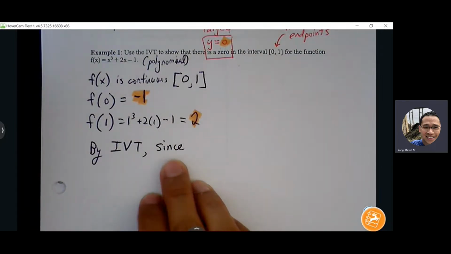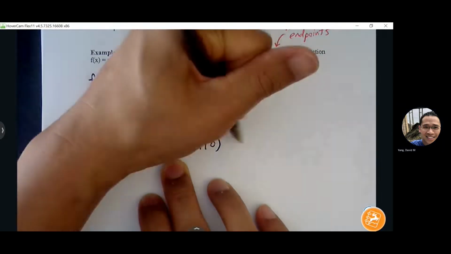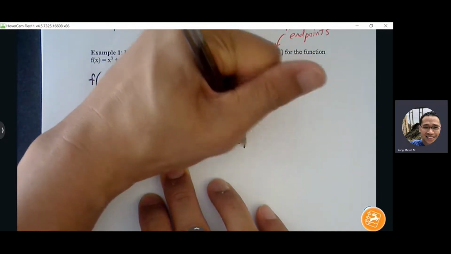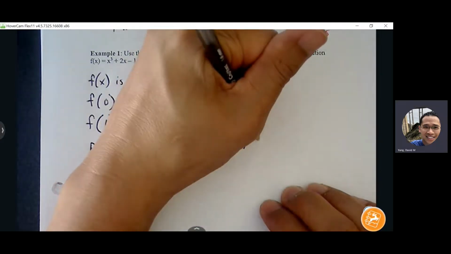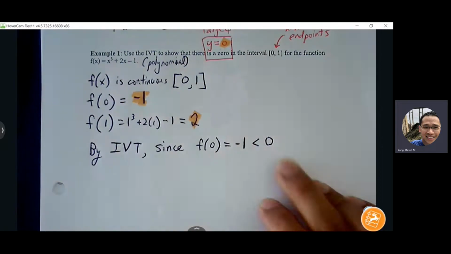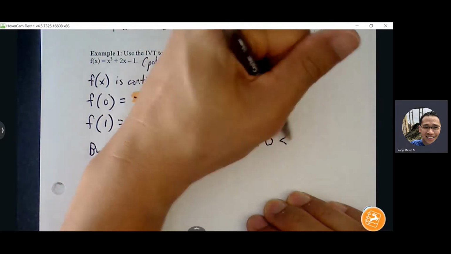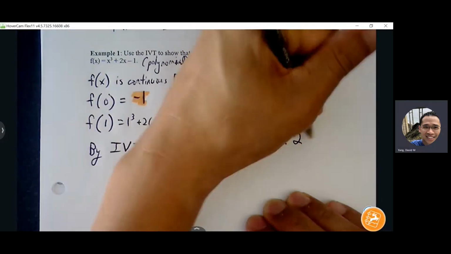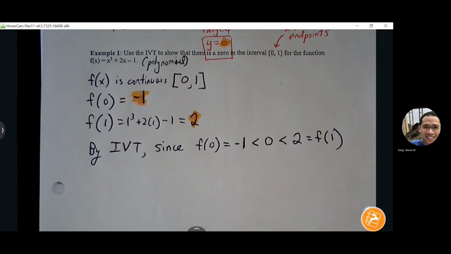So I'll write it this way. Since f of 0 is equal to -1, and -1 is lower than our target of 0, and 0 sits between -1 and our upper target, which is 2, and 2 is coming from our other endpoint, then